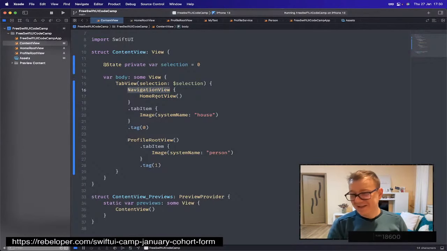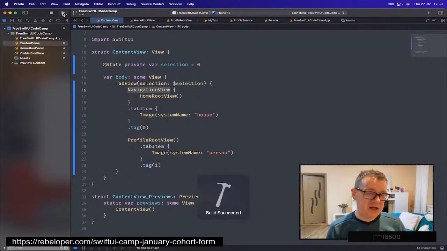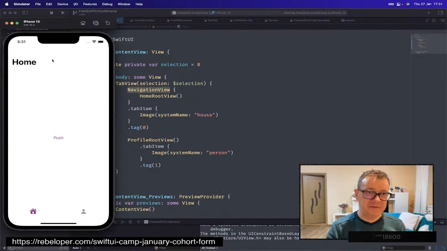Okay, so yes, let's move forward and see how that navigation title is right over there. We have home, and then we can just push. And as you can see, it automatically changed the back button to have the title of the previous